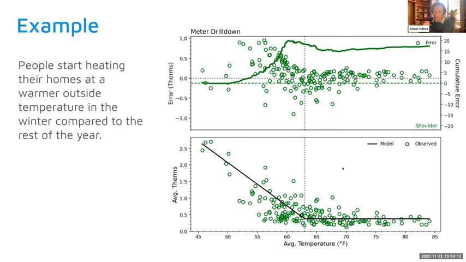We look at the shoulder, it's very different. And this is the model's attempt to swing things back toward zero bias. And what we see in the lower plot is clearly we have a cluster of data points there around like 60 degrees, just sort of below the balance point temperature. And that cluster of data points is by and large far too low. And that's yielding a model over prediction. And so the savings measurement is biased high in the shoulder period.